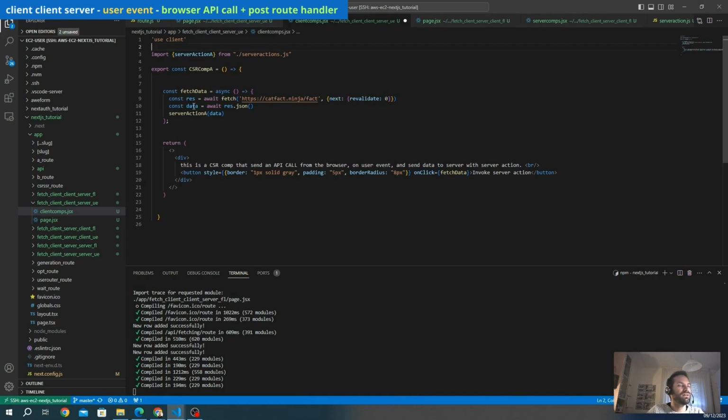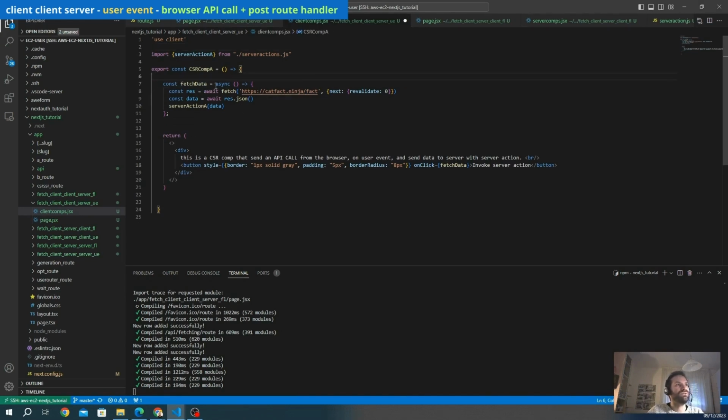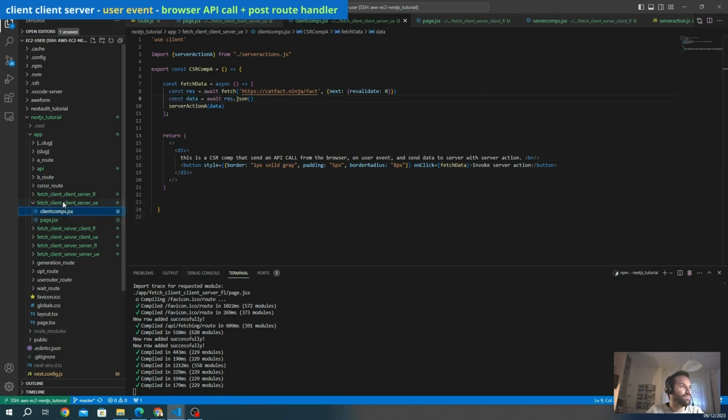So we want to perform a server action, but instead of using the useEffect as before, when we first load the page, we are going to fetch the data when we click on the button. Okay, so when we click the button, we fetch the data here, we get the data from the getFact service, and we send the data to the server action that is going to be here in this new file, server